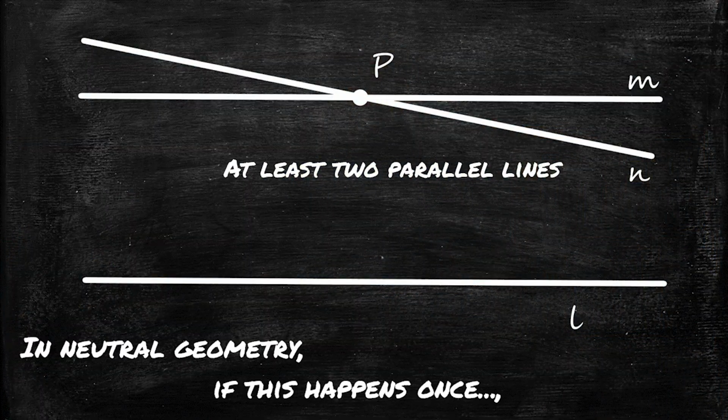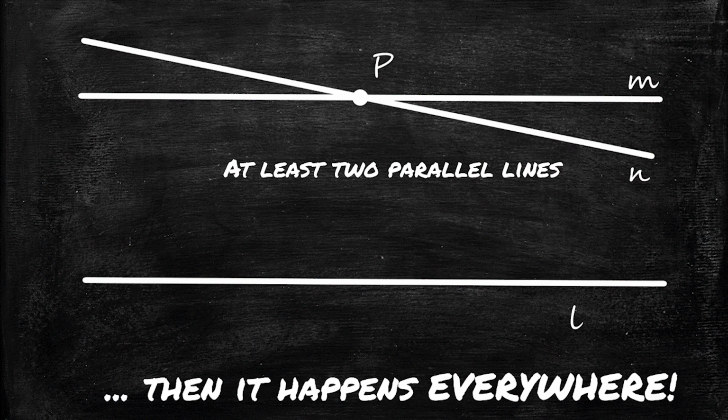Curiously, the first thing that you can prove from assuming the negation of the Euclidean parallel postulate is that the hyperbolic parallel postulate is true. That is, if you can find a single instance of hyperbolic parallelism somewhere in the system, then the entire system has hyperbolic parallelism. This is called the universal hyperbolic theorem, and it basically says that in neutral geometry there are only 2 possibilities.